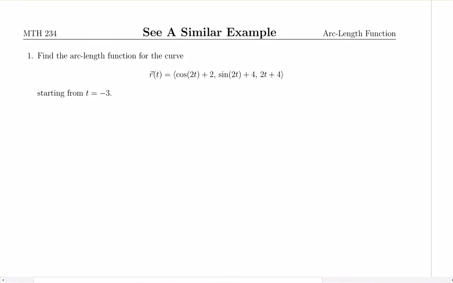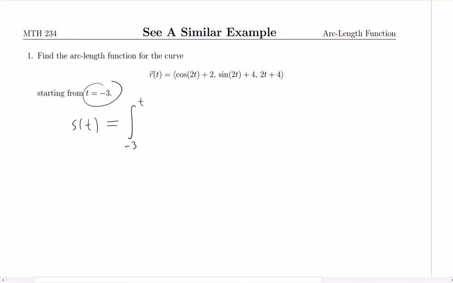In this video, we will find the arc length function for a curve. So remember what the formula is in general. We usually call it S for the arc length as a function of t. And it's given by this. It's the integral from the starting time, in this example, that's -3, up to t, the same t that's the